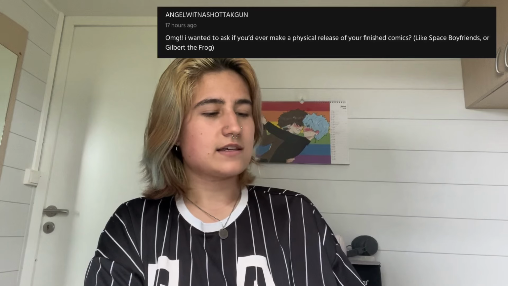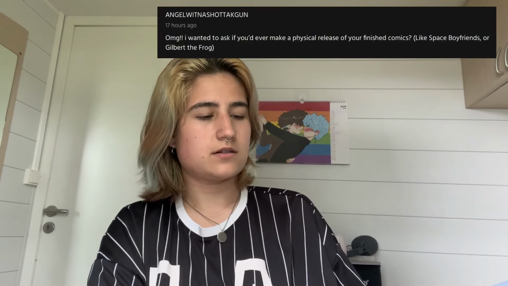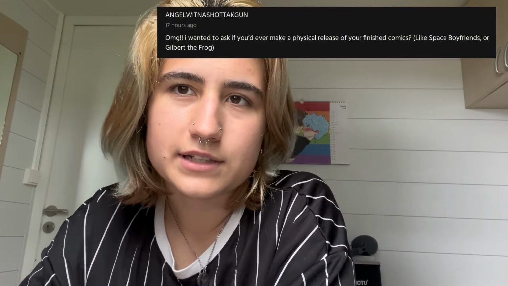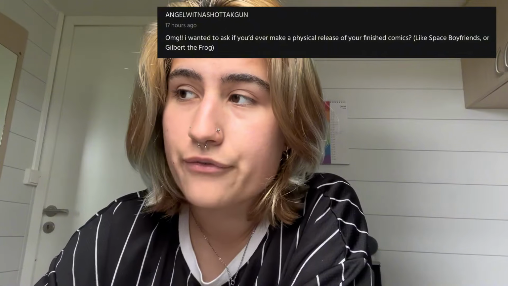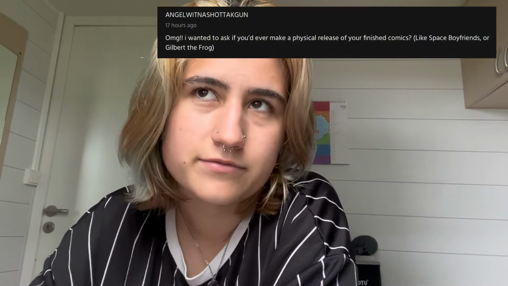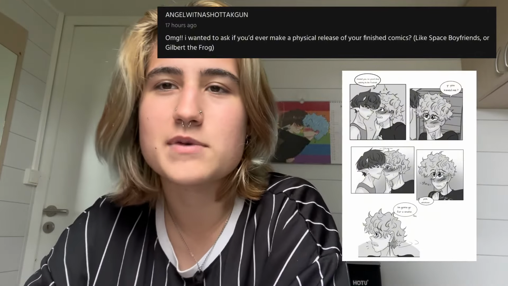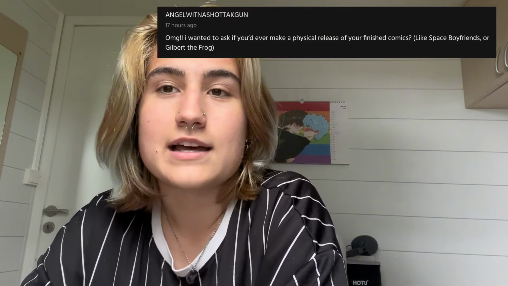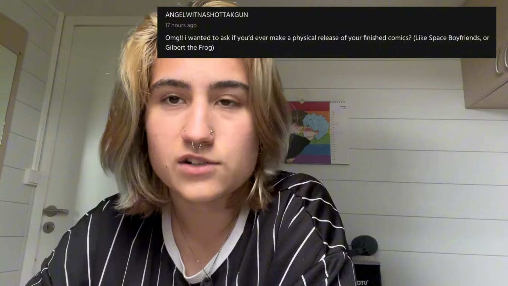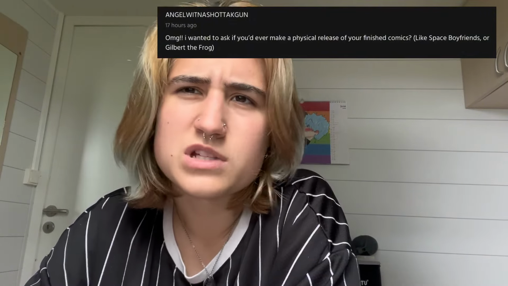I want to ask if you'd ever make a physical release of your finished comics like Space Lovers or Gilbert the Frog. I definitely want to. I have tried making physical copies before. I tried to black and white the panels, put them into a page-sized panel, and upload them to a printing company. I actually have a physical copy at home. Two, because the first one was bad.